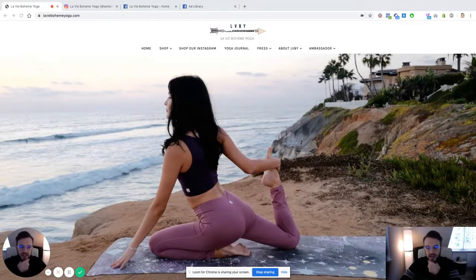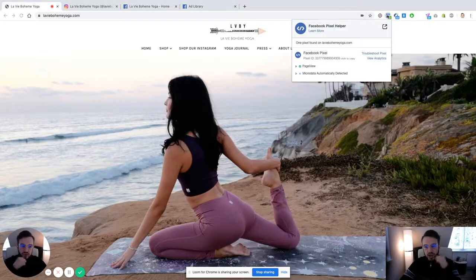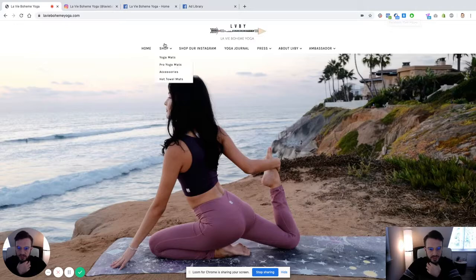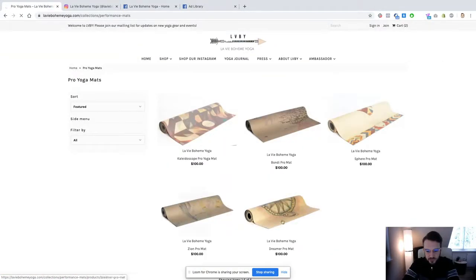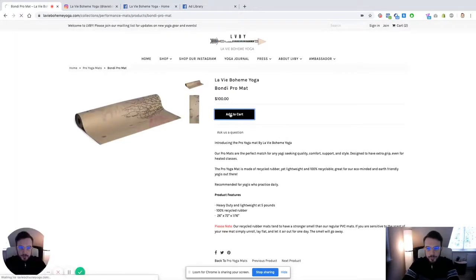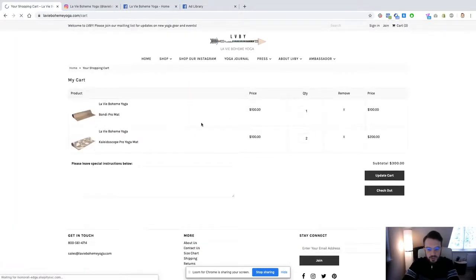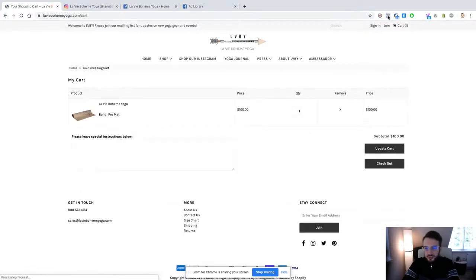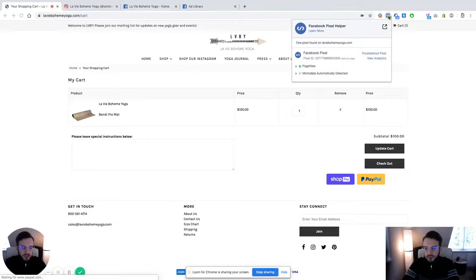So the first thing I noticed is that you do have the pixel installed, which is great, which means that you can track people that are on the website, etc. But one thing I noticed, if you go to the Pro Yoga mats, for example, and we add a yoga mat to cart, there we go, add to cart. As you can see, I've already tested this out previously. Just waiting for it to load. As you can see, there is no add to cart events with your pixel,